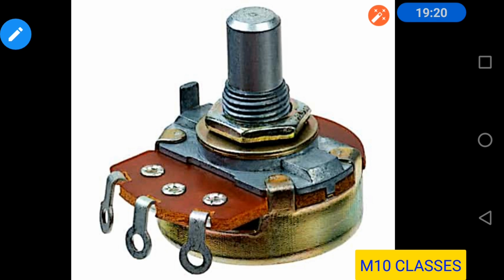It is because while regulating that regulator, the resistance varies, due to which the current varies, and accordingly the speed of the fan varies. We are going to discuss it elaborately when we read about resistance and its effect on current. So this is a potentiometer. It can be used in radio sets, in television sets, in fan regulators. These are used.